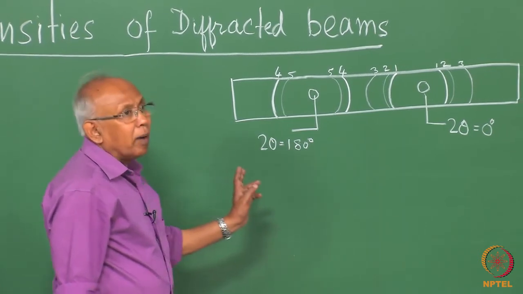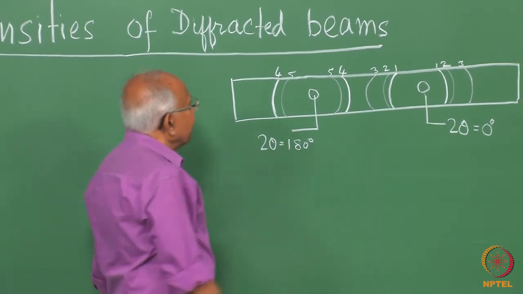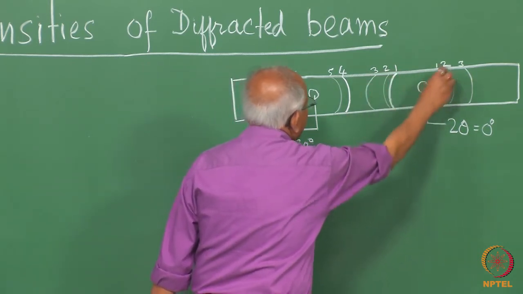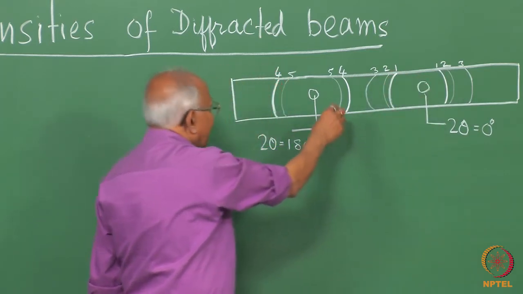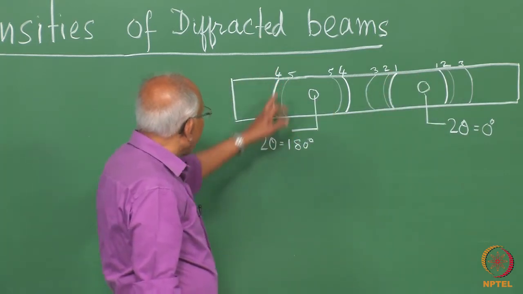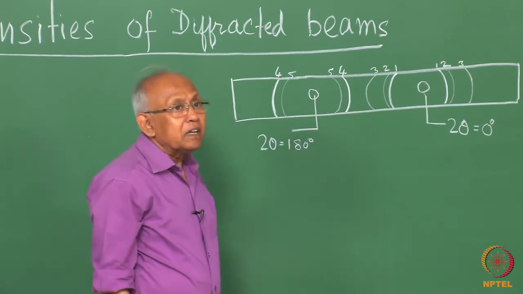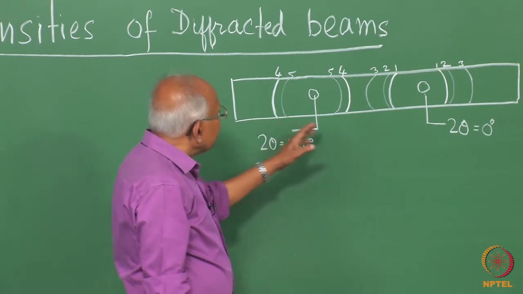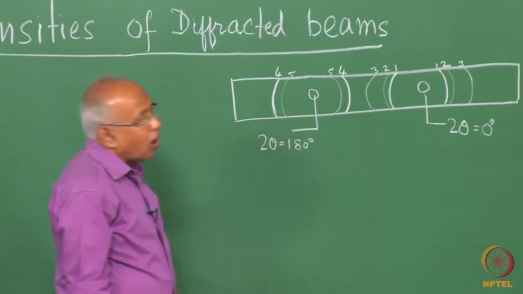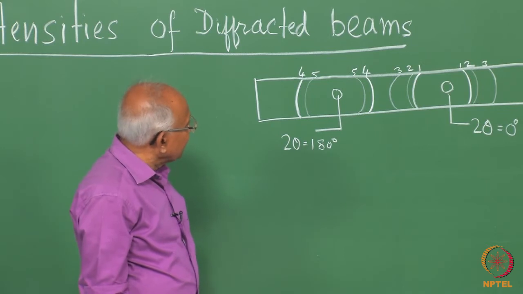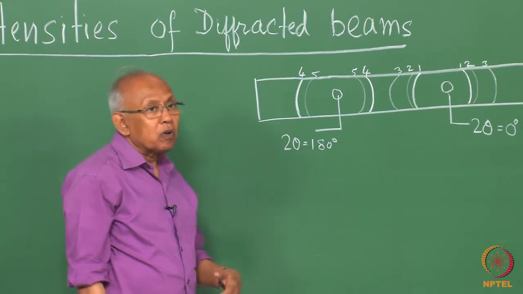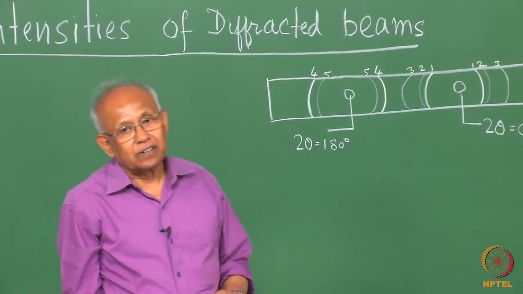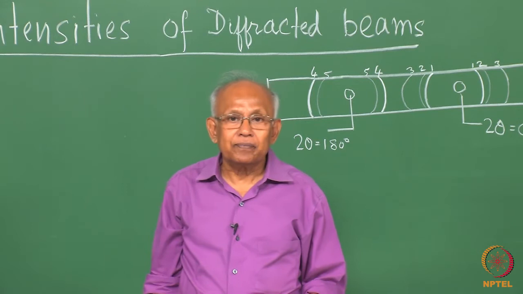Now, what we observe is that these line pairs are not of the same intensity. Some are very strong, some are reasonably strong, some are weak, some are very weak. Now, what is the reason for the difference in the intensities of the diffraction lines? So, in this lecture I am going to discuss those factors which affect the intensities of diffraction lines in a